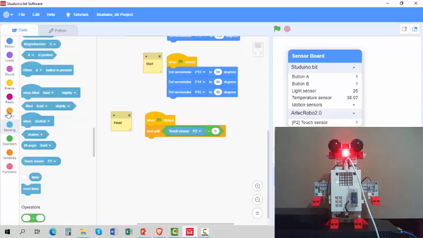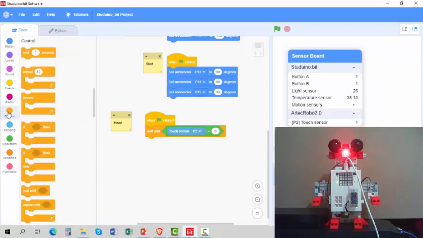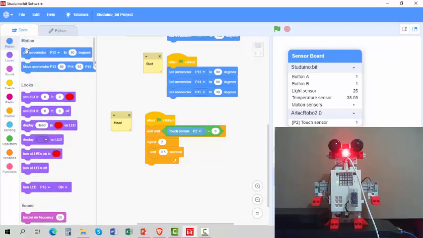Then we're going to do the control part, and I think we will repeat something, and let's repeat this 2 times. This is the head, so the head will move from side to side. Okay, so we will give it a wait, half a second, and then set servo 15, because that's the head. Servo 15 is the head. We set servo 15 to